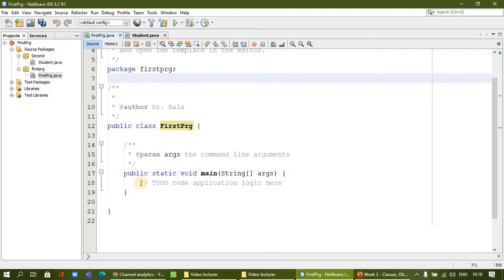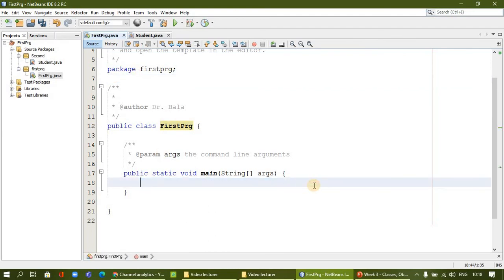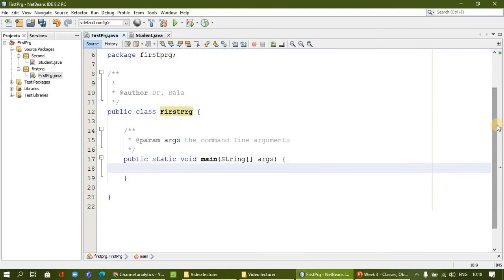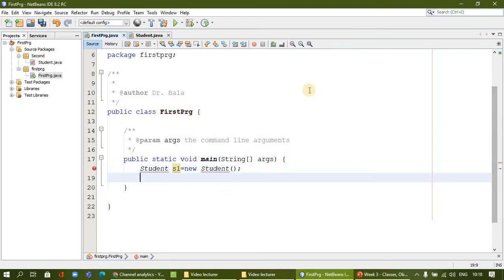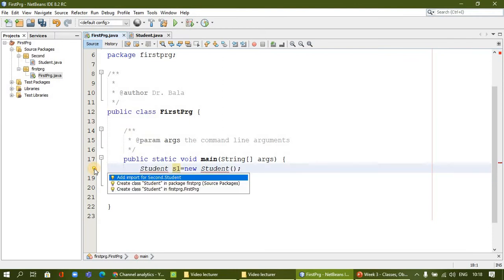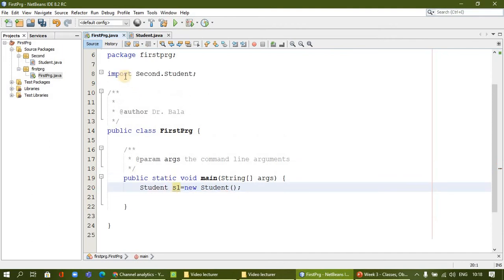Okay, so import, no worries, since we are directly calling our code, we can import it. I can show you. Now I'm going to create a student object, new Student. Once you declare your class here and create your object here, you will find an error-like message at the left bottom. Just click over here, and it automatically brings the import statement of the second package with the Student. You just click over there, it is imported. So from the second package, this class is imported to our first package here. So automatically it is connected here. So grouping of classes can be done easily.